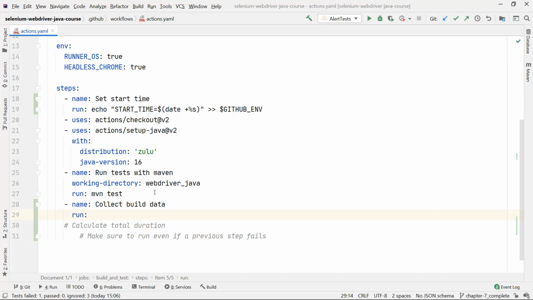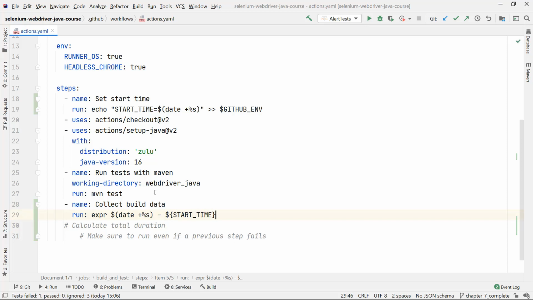And what I'm going to do is I'm going to run the exact same command I ran in Ubuntu. I'm going to run an expression that takes the current date in seconds format and subtracts from it the start time, which I can access via the environment variables